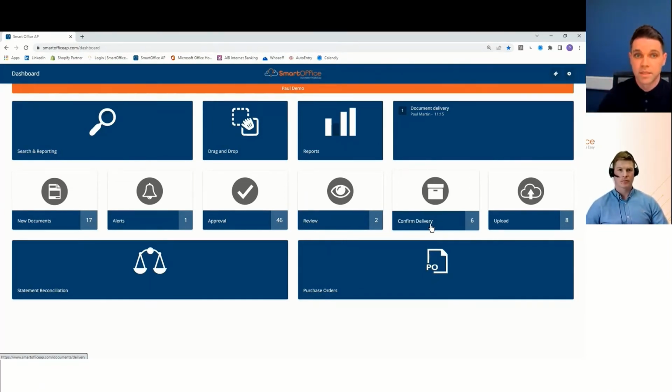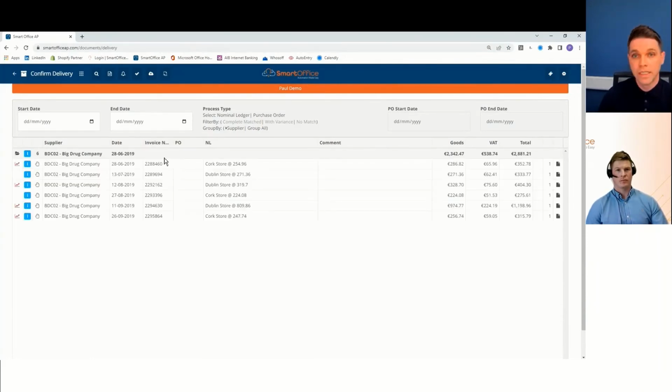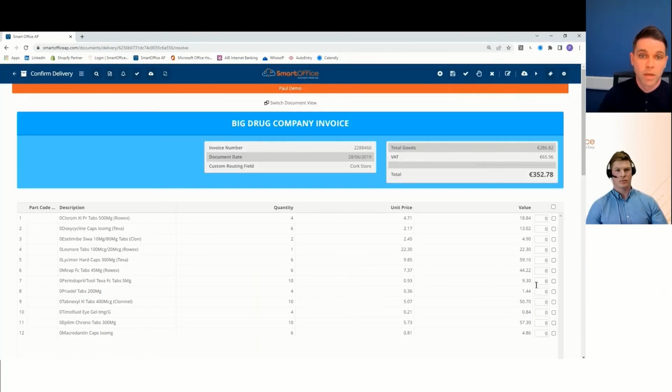So built into the system is, again, via AI, an automatic trigger. If you're not using GRNs, when the invoice comes in, we can read the delivery address, we can read the PO creator or even PO logic on it. A trigger on that invoice tells us we need to send this off to the manager in the Cork store to approve and confirm that they have received this document. And we do that automatically and simultaneously with the AP process.